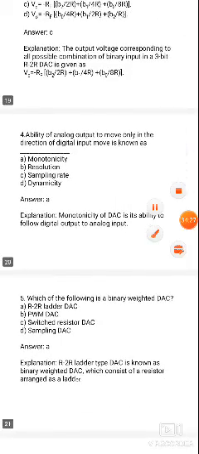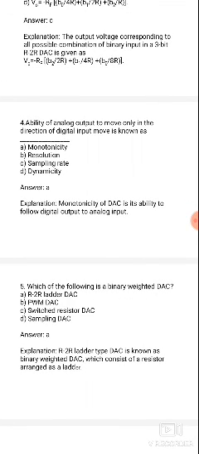The ability of the analog output to move only in the direction of the digital input is known as analog output moving in the direction of digital input. This we have already discussed in previous classes. Definitions: resolution, monotonicity, accuracy is nothing but the output compared with the ideal output,